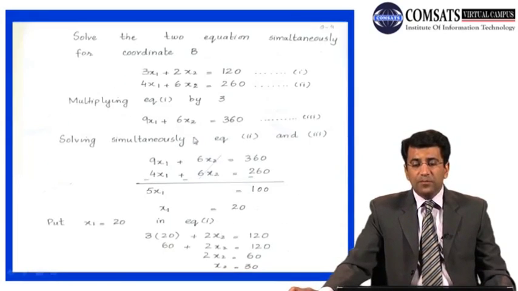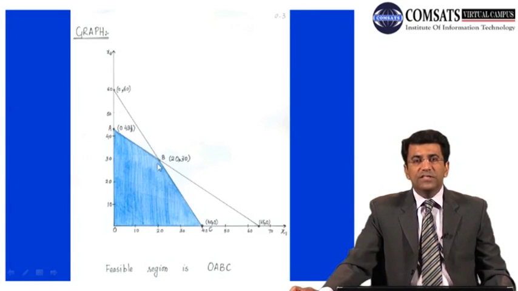Now what is that point P? That was the point of intersection on our graph, which was actually the point of intersection of both of these lines. Now we have calculated the coordinates of this point B, because this is the most important point, because both of these lines intersect at this particular point.